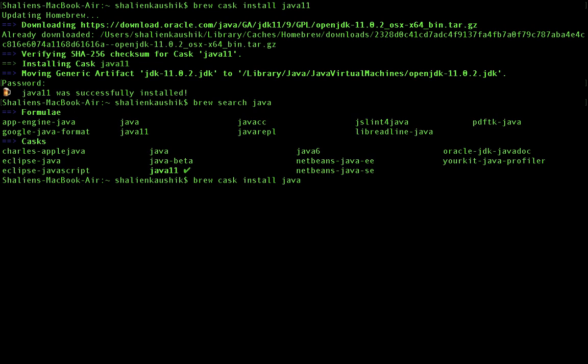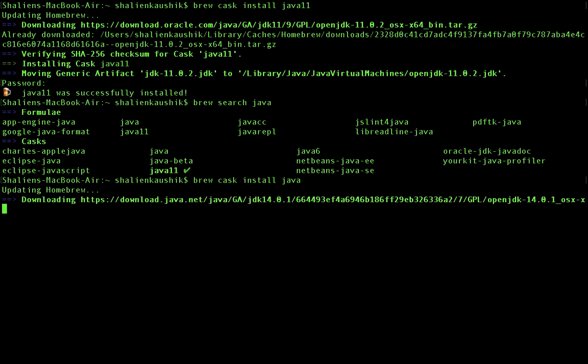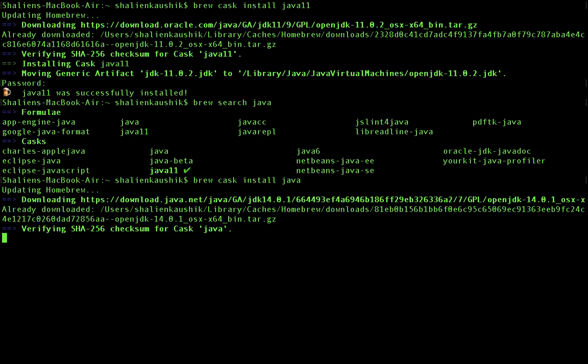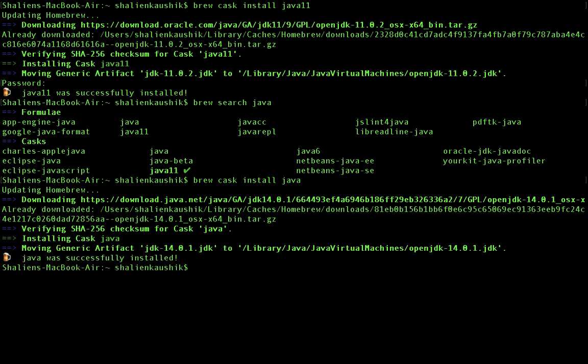So this time I'm not putting any version, so it will pick up 14 because that's the current, latest version. And guys, in my system, if you remember, Java 1.8, Java 8, is already installed, which I did manually. So Homebrew will not search that version because I installed it manually. It only comes up with the results of Java versions I installed through Homebrew.